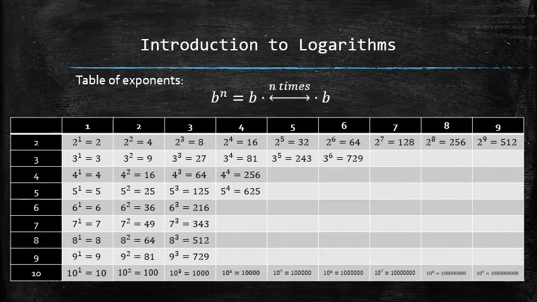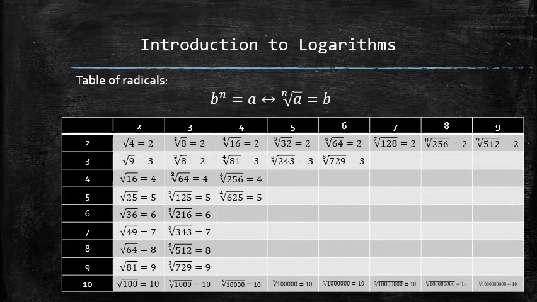Similar to how subtraction is learned by undoing addition and division is learned by undoing multiplication, we learn radicals and logarithms by undoing exponentiation. We can take the exponentiation table and turn it into the table of radicals by simply understanding the radical notation. It is strongly recommended for you to be familiar with all radicals in this table and understand how other radical statements can be made in a similar way.